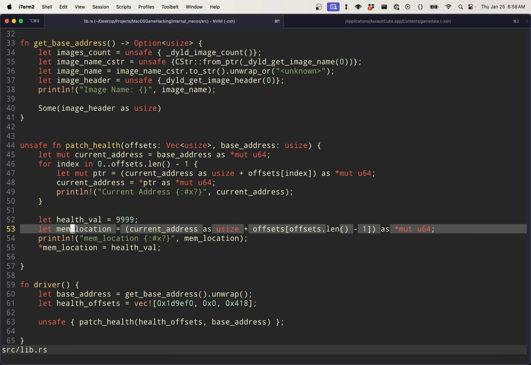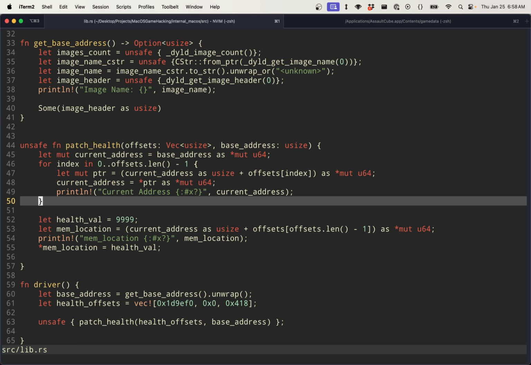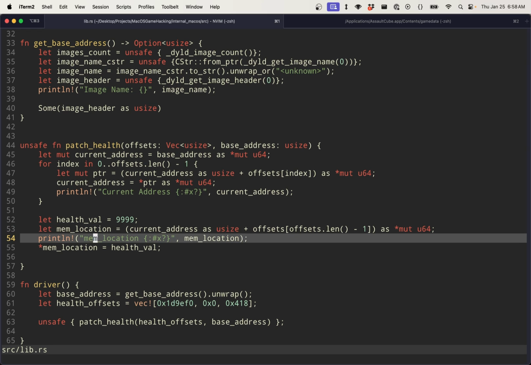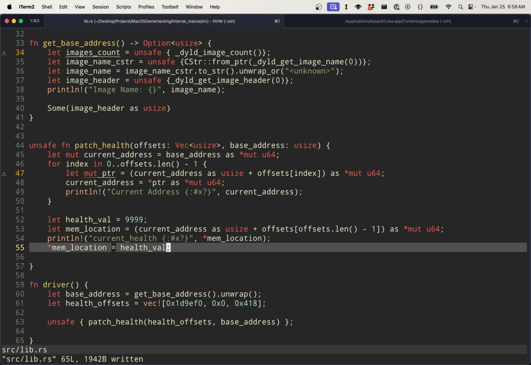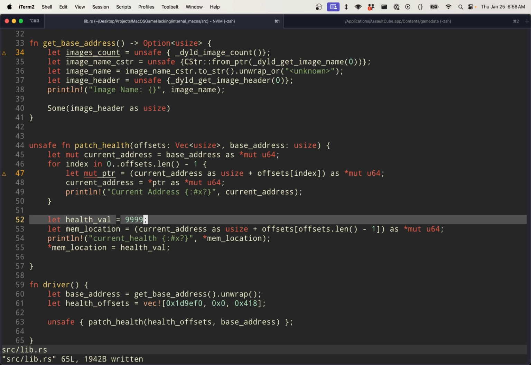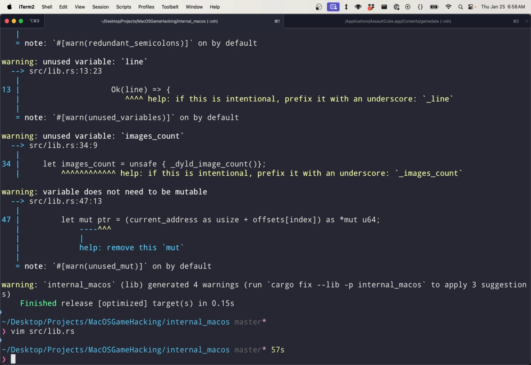We can find the final mem location the same way we were finding it in the loop, just by taking the current address and dereferencing it with the addition of the last offset. And then we will print out our current health value just by dereferencing mem location to make sure that that looks good. And if it does, we will go ahead and assign our 9999 to that value. And so we can compile this now